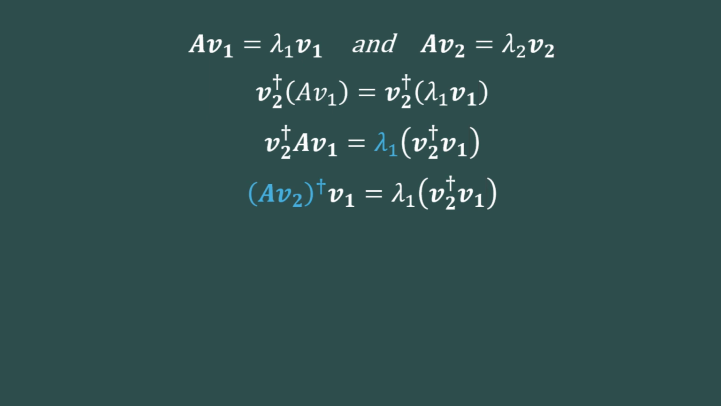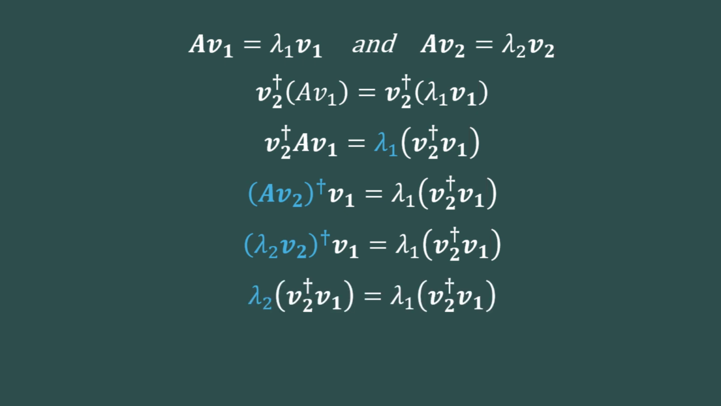Since matrix A is Hermitian, it follows that vector v2 conjugate transpose multiplied by matrix A is equal to the conjugate transpose of matrix A multiplied by vector v2. Matrix A multiplied by vector v2 is equal to lambda 2 multiplied by vector v2. Factoring out the scalar lambda 2, the expression simplifies to lambda 2 multiplied by the inner product of vector v2